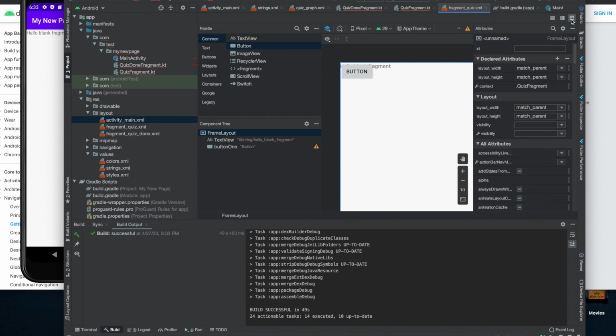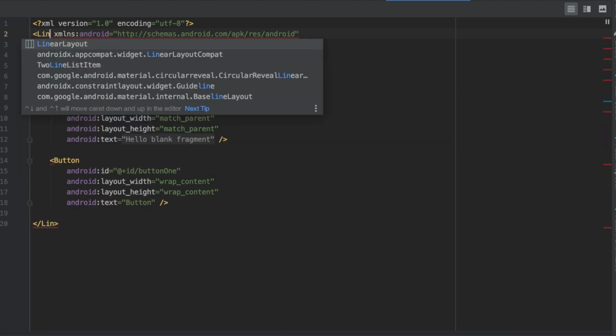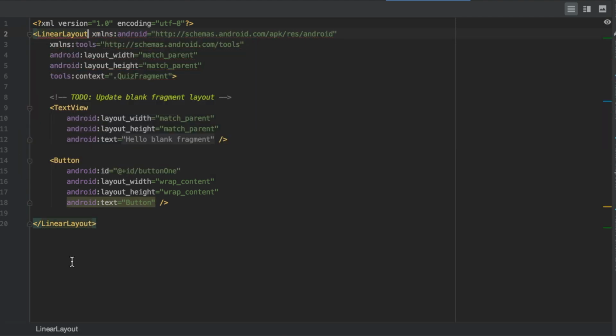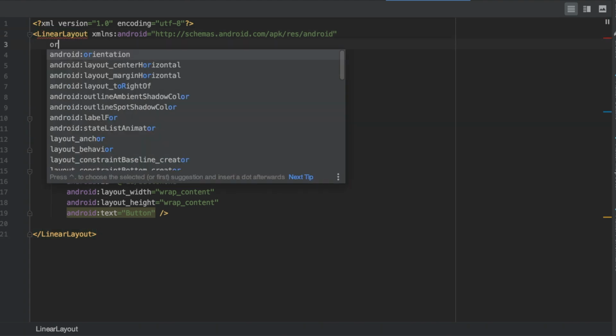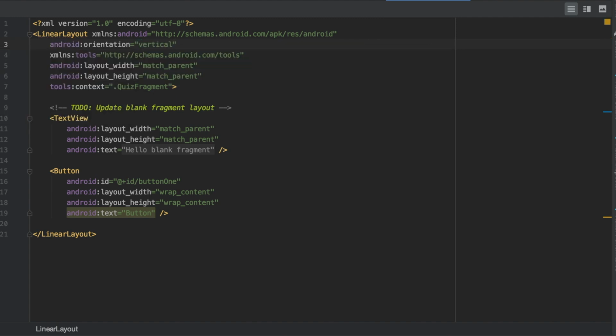So I was on, this is like the UI view. This is the XML view. So we'll just type linear layout. And it does that at the bottom for you too. You need one more thing. That's why it has an error. Start typing orientation, press enter, and we're going to choose vertical. So it stacks on top of each other. So it's giving those errors, but just don't worry about them. It might not give errors on yours, it might,